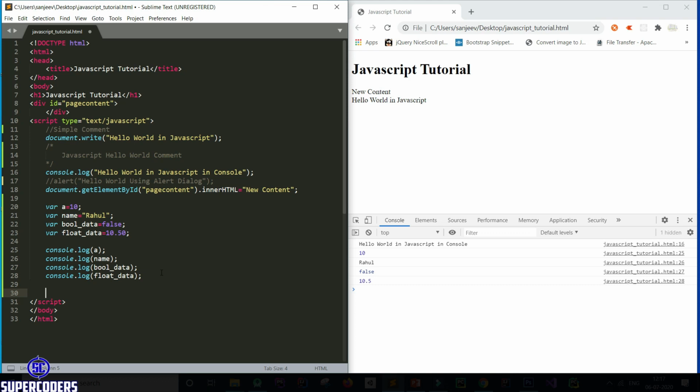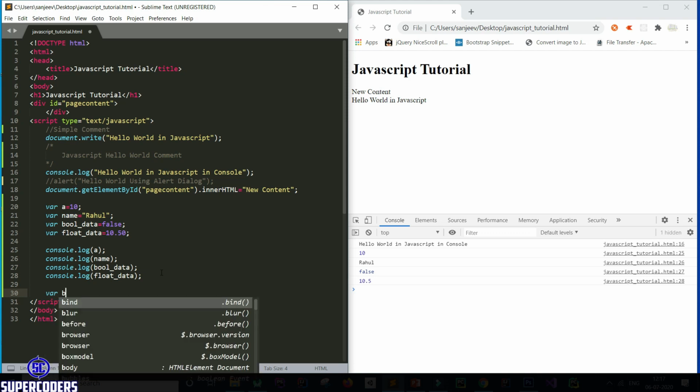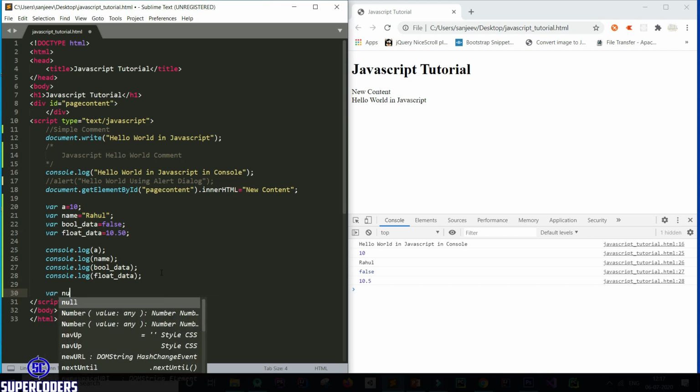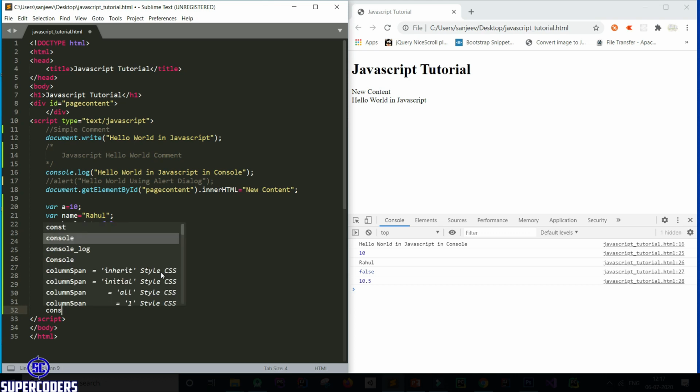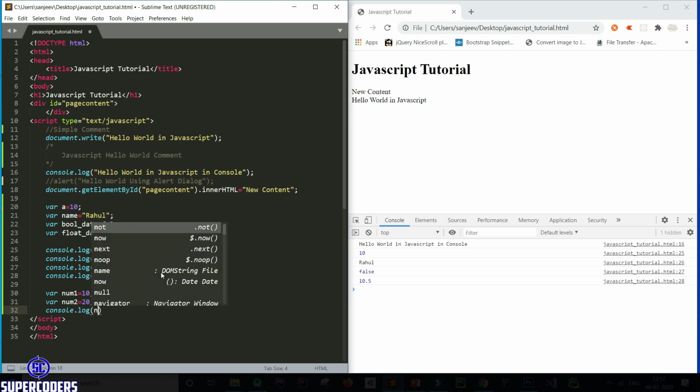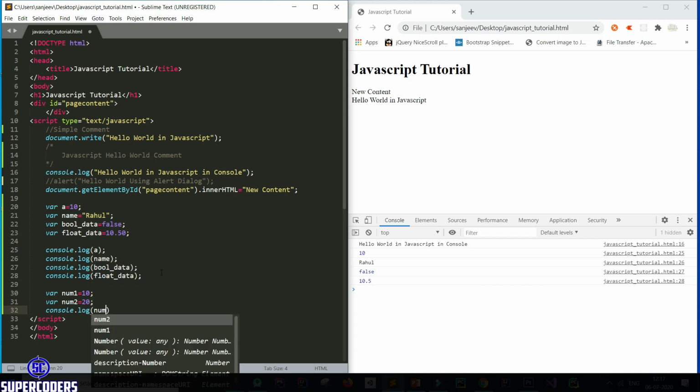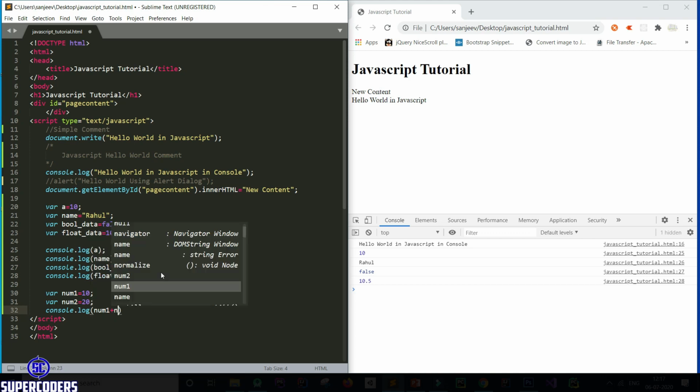Now let's use operators. Let's do some arithmetic operations. So var num1 equal to 10, var num2 equal to 20, console.log num1 plus num2.